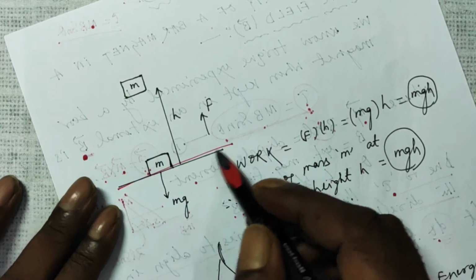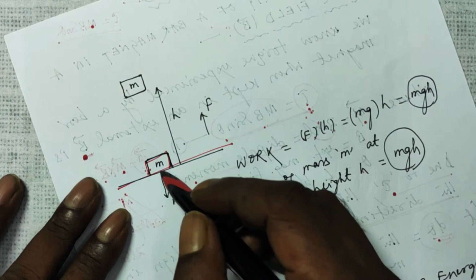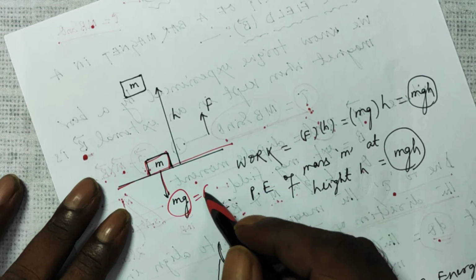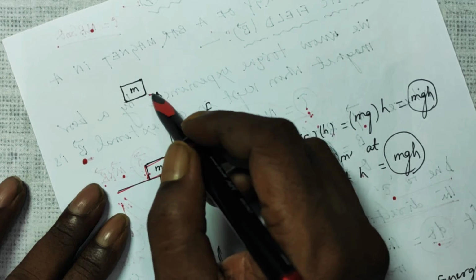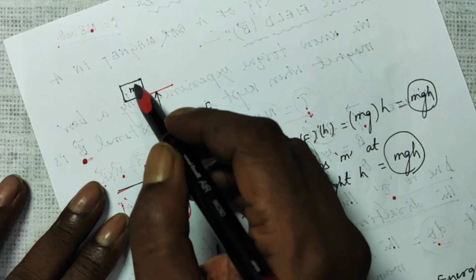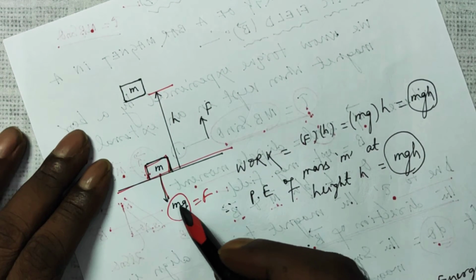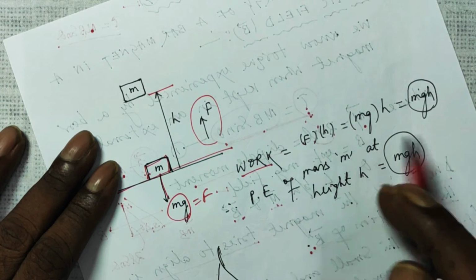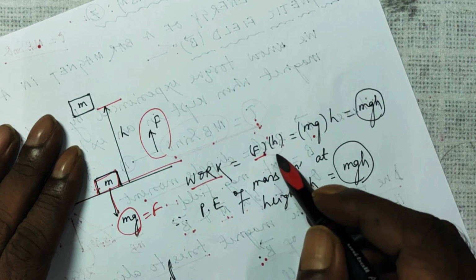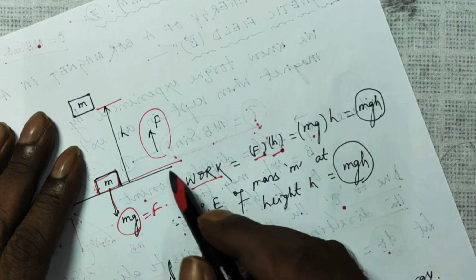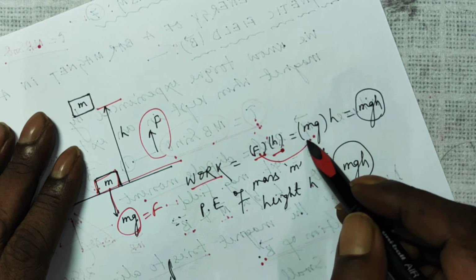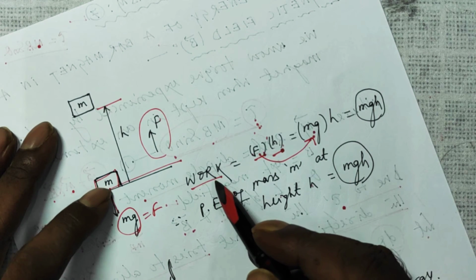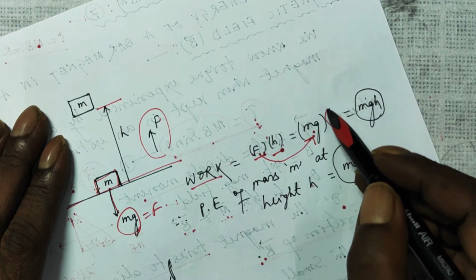Suppose this is your level ground. Here is a mass m, its weight is mg, this is a force, and if you want to lift it to a height h, now this mass is lifted to a height h. Now you have to apply a force to this side. So your work done will be your force and the displacement. Force is equal to F, that is the same thing as mg. You at least require mg force to lift it to height h.